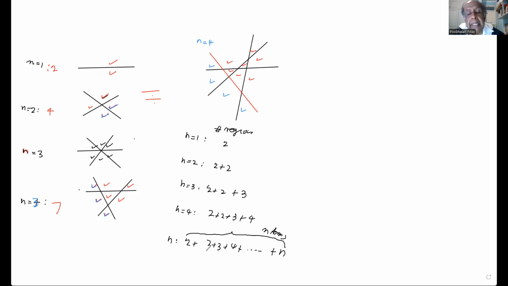So we need to calculate the number of regions. All right. And then what we can see is that we got 2 plus 3 plus 4 all the way up to n. This is the sum of the first natural numbers, but it starts from 2. So we can make it start from 1 because we know a formula for that. So if we rewrite this, we can write this as 1 plus, and then we make this 2 as 1 plus 1, in which case,